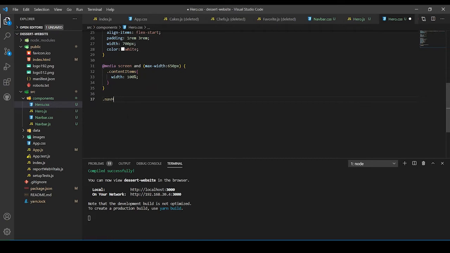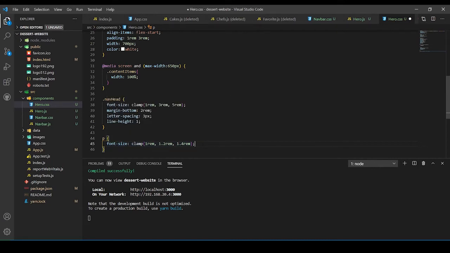Then I want to add nav head. Yeah, and the nav head is my nav header. It's going to have a font size of clamp 1, 3 and 5 rem. It's going to have a margin of 2 rem, margin bottom of 2 rem, letter spacing of 3 pixels and line height of 1. Then I'm going to add a paragraph. The font size on a paragraph will be 1 rem,